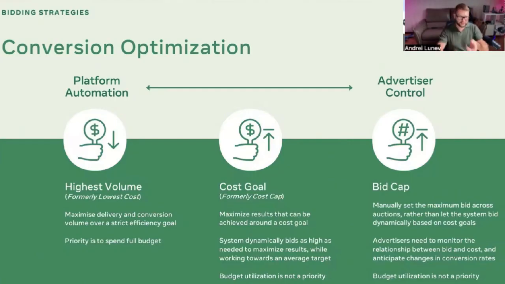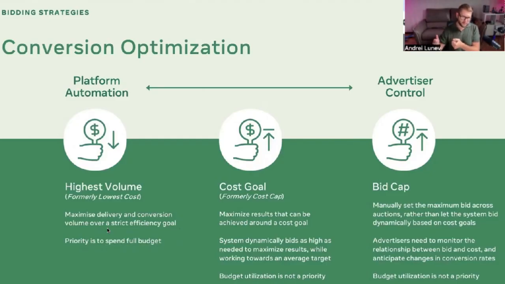Why does it happen? Because for the highest volume campaigns, the budget utilization is the main priority. The priority is to spend the full budget and maximize the delivery and conversion volume over a strict efficiency goal. It means that it tries to pick all the low-hanging fruits to spend the entire budget. When you launch the bid cap campaign